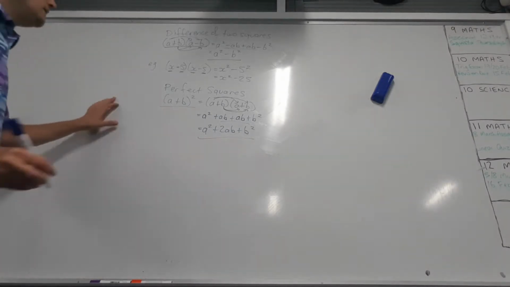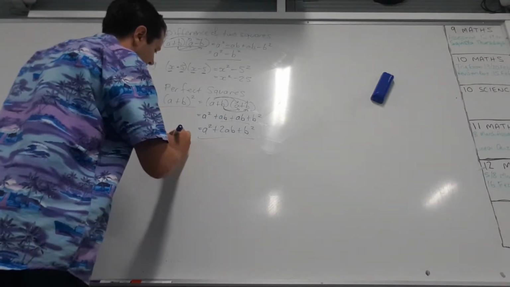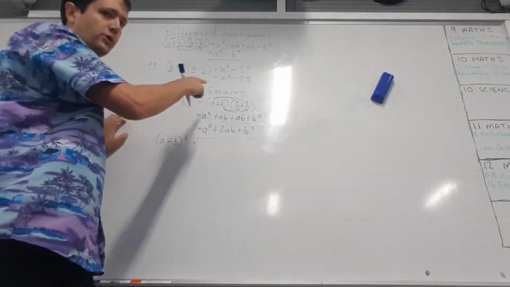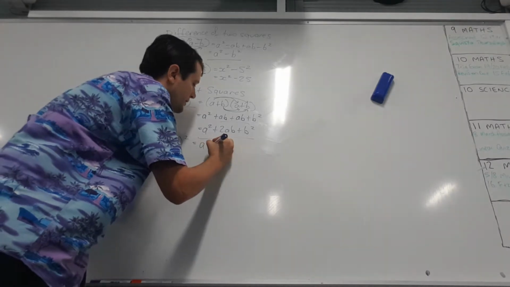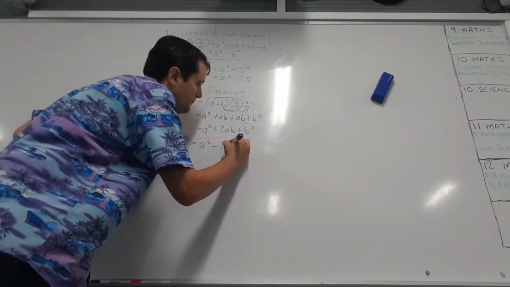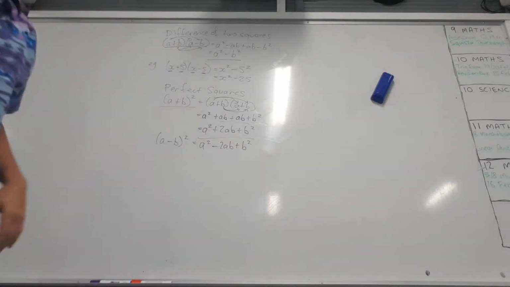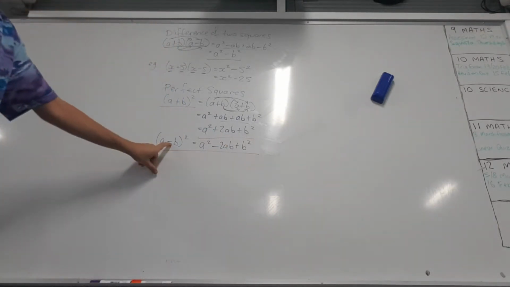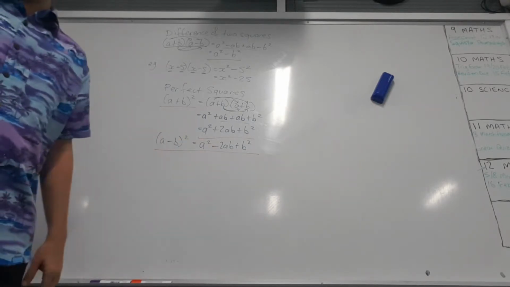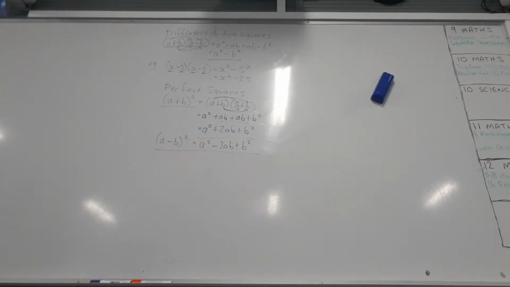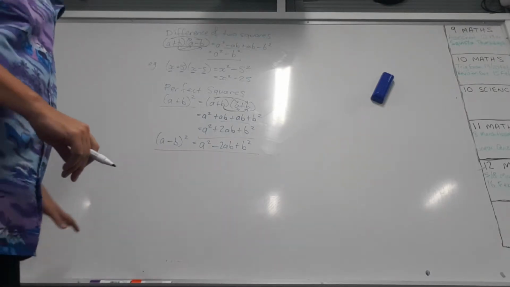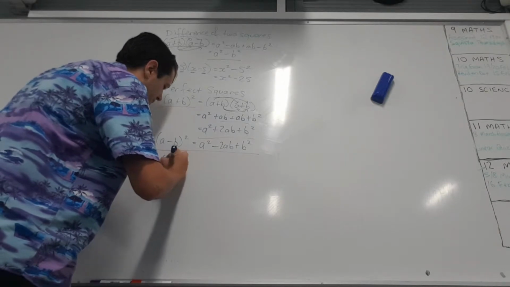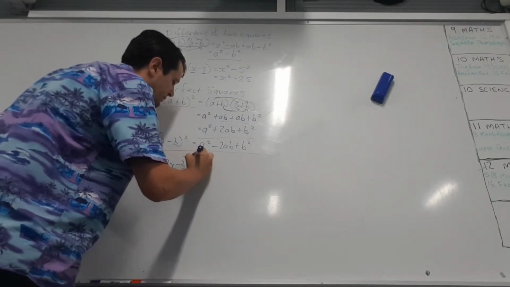Now, you could also do this with subtraction. If you had a take away b squared, to cut a long story short, do the same process, you'll end up with a squared subtract 2ab plus b squared. So the only thing different there is the subtraction results in a take away 2ab. Now that allows a lot of bits and pieces to be expanded relatively quickly. So for example, if I had 2x take away 3 squared,